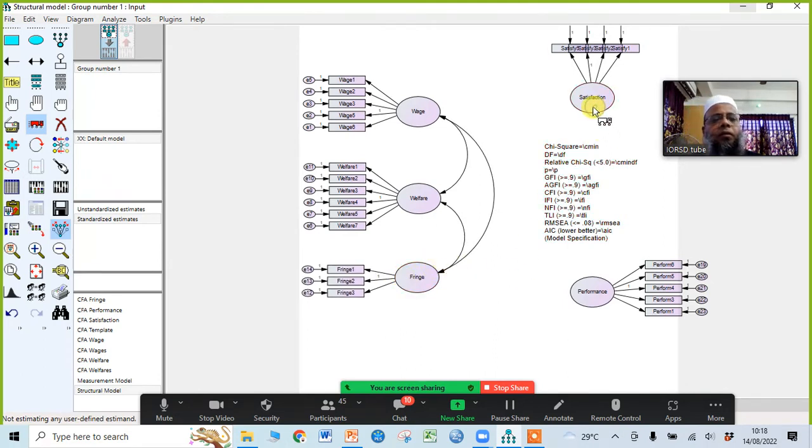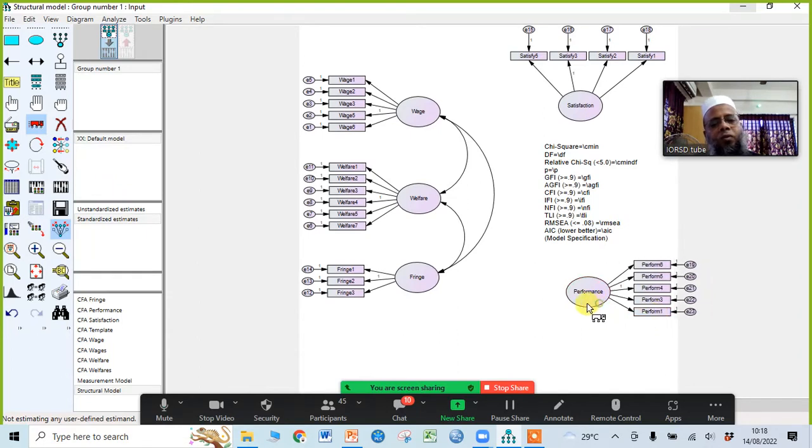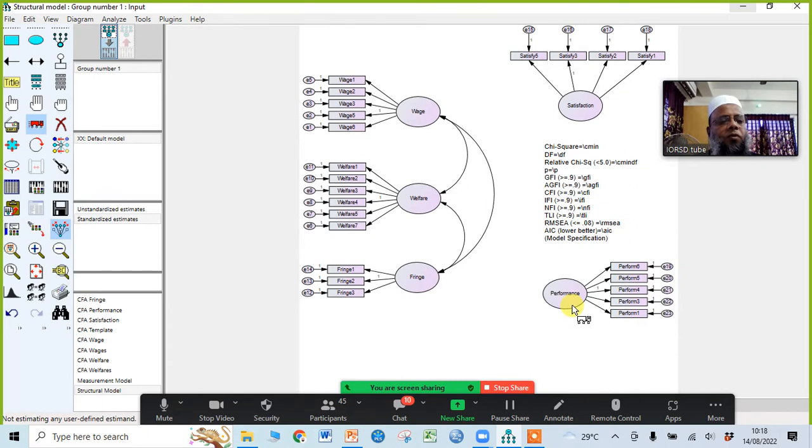Okay, now take it to the right like this. Satisfy, and we have, I think it would be better if performance indicators are located